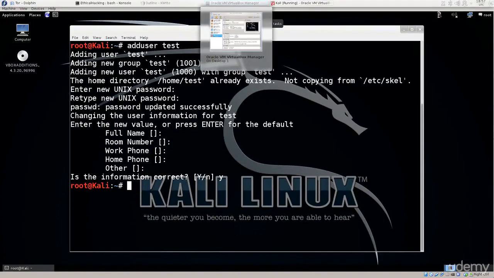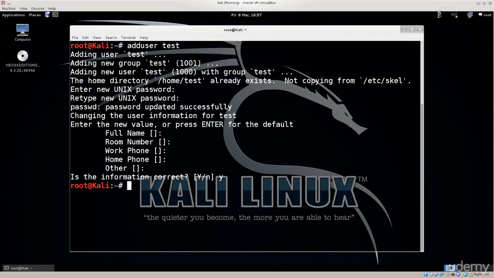Today I will show you how to actually install the Tor itself. We'll go through the installation procedure, and in order for us to do that we will need to use the new user that we have created, test. That's the username of the new user. Anyway, in order for you to do that, you need to log out,